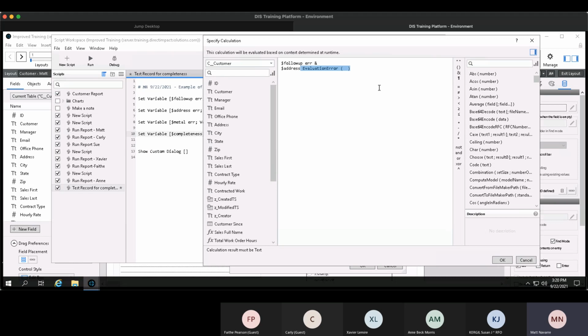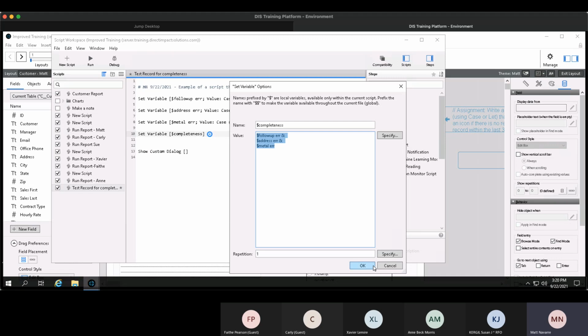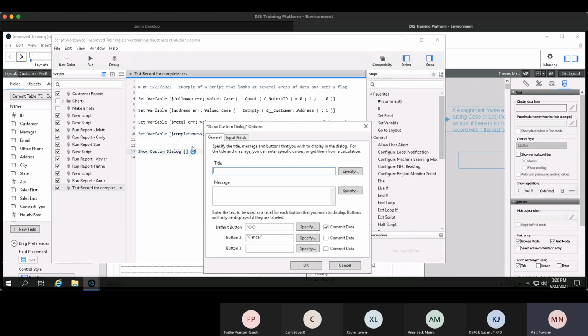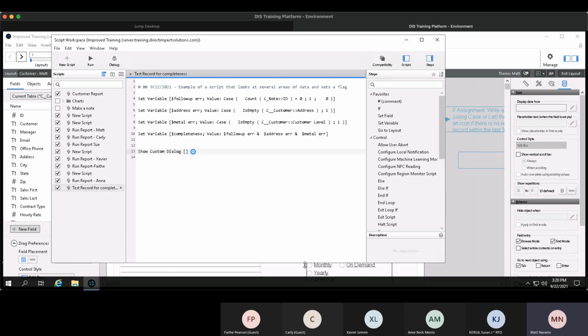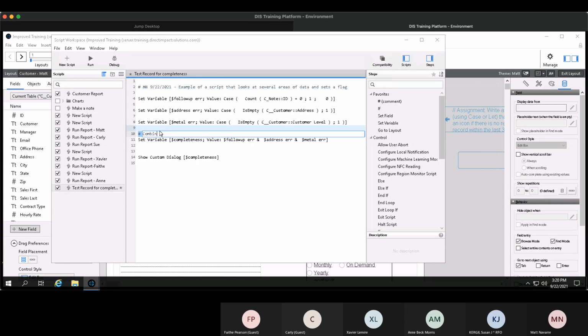Oops, I hit enter in the wrong way there. Okay, those are my 3 different errors. I'm just sticking them together in a thing. And then the show custom dialog will be whatever my completeness is. This doesn't really make any sense yet, but this is kind of pointing at how you would code something like this. So it would procedurally go through and do several different tests and then combine the results. And then show you a dialog,